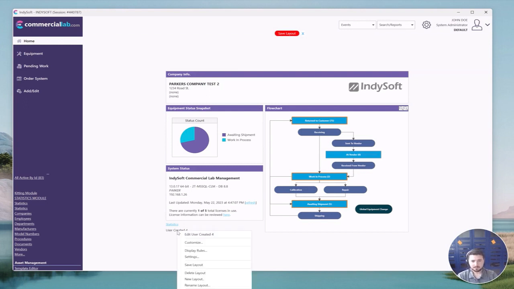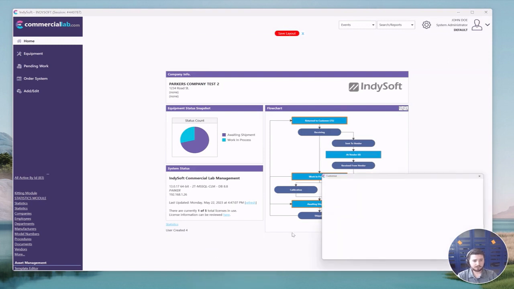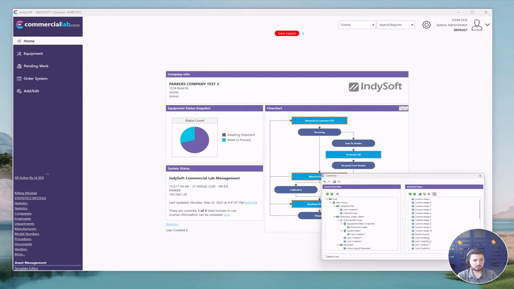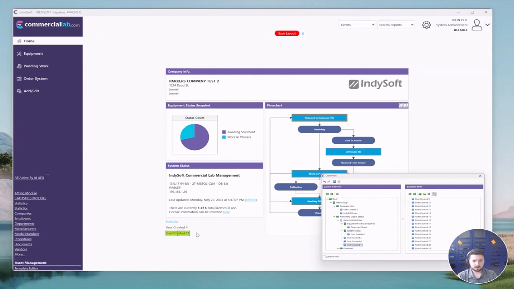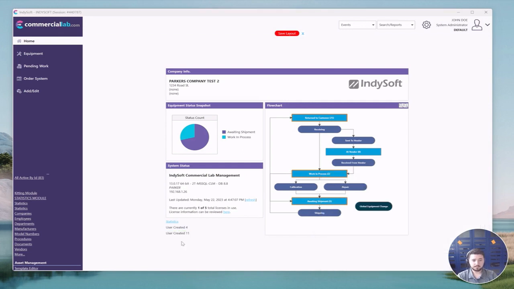Another option: I went ahead and clicked and dragged my field here. This is my user created field. But basically what I did is I just dragged one of those items onto my home tab here. I'm just going to release it. So I have user created 11 here, and I'm going to use 11 for now since that's the one I dragged for you guys. I'm going to right click on that, edit user created 11,